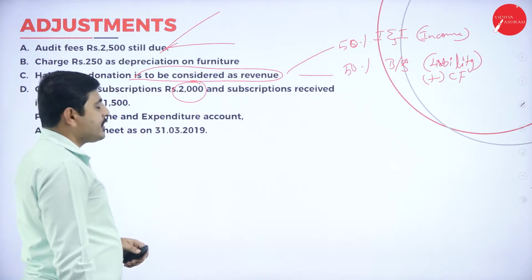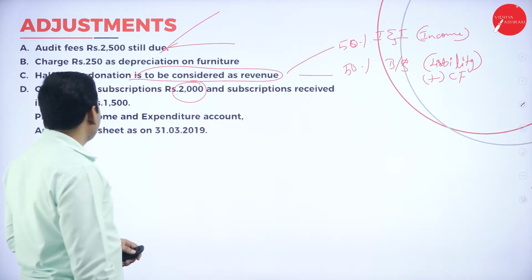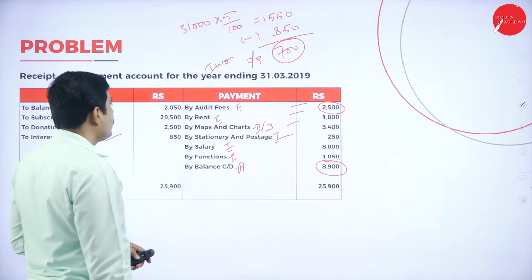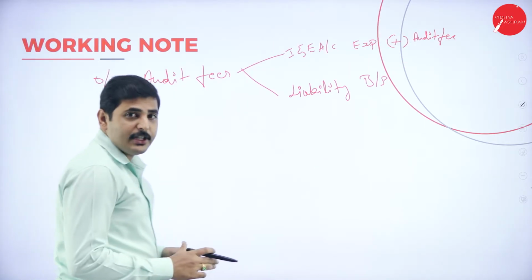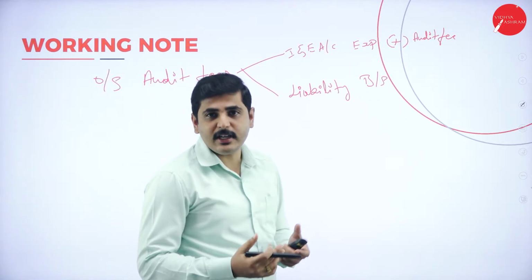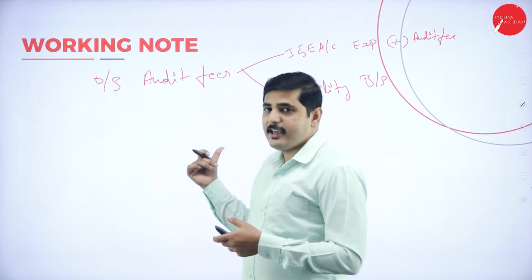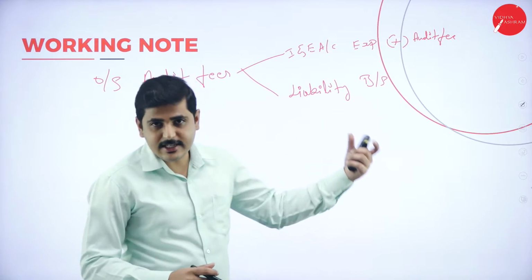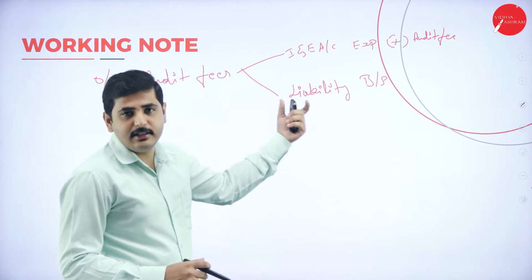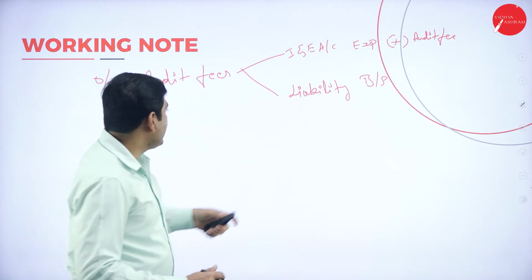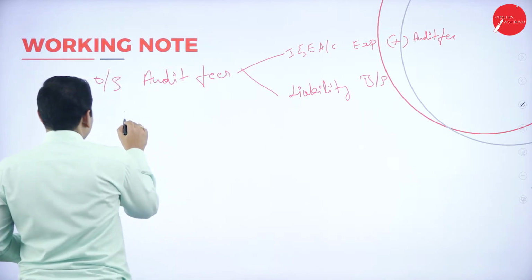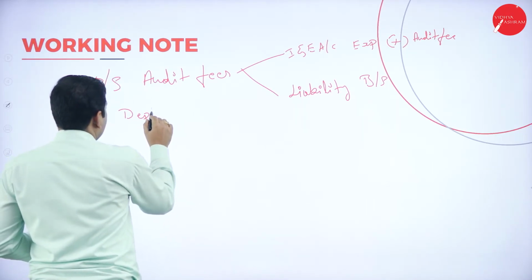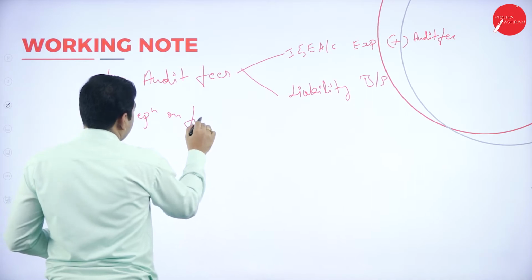250 rupees depreciation on furniture. So where we have to show depreciation? It should be shown in the expense. It is an expense for the company, so it should be shown in the expenses side. Remaining 250 rupees, the other adjustment, should be deducted in the asset side of the balance sheet. So it is depreciation on furniture,